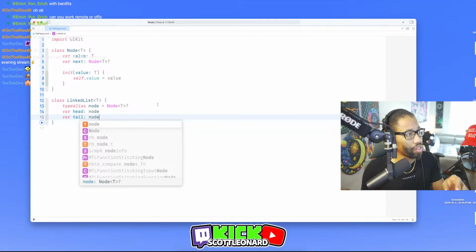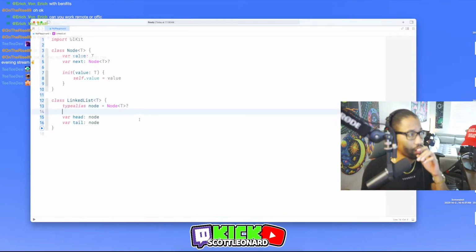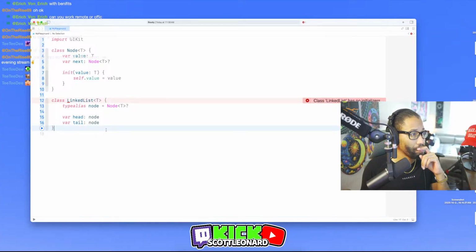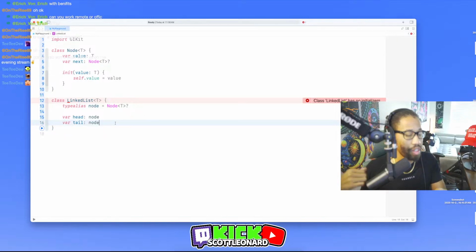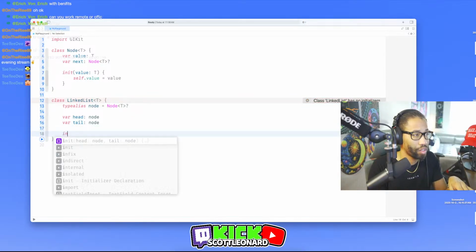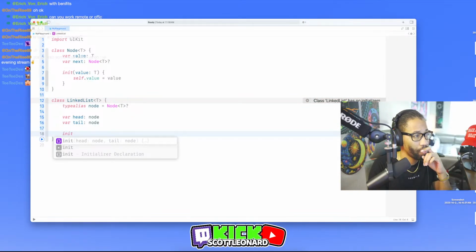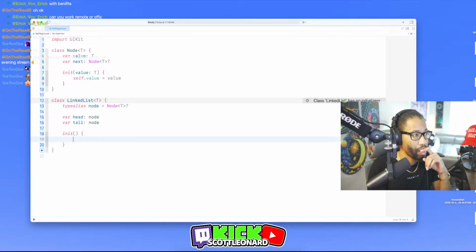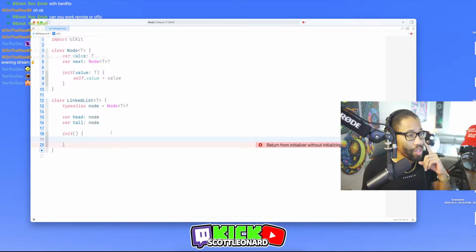Okay. And then this is going to have an initializer, which I would say is just open, close, returns these are optional.